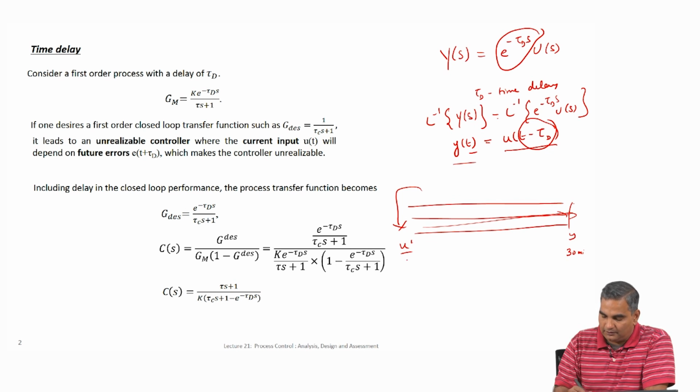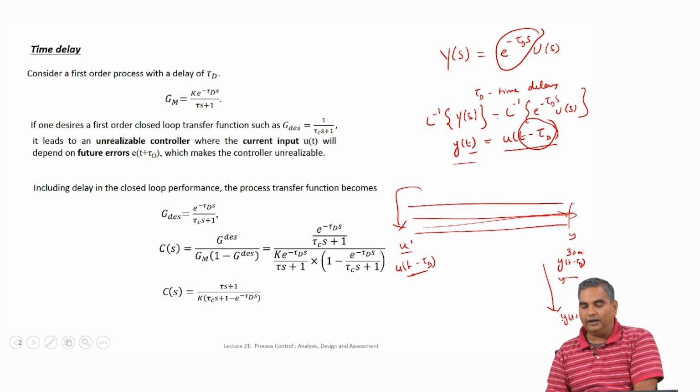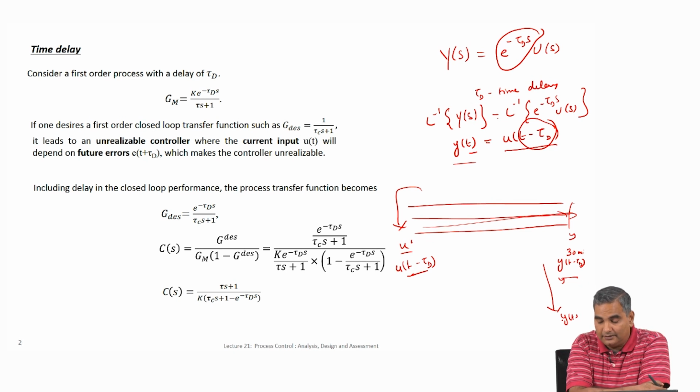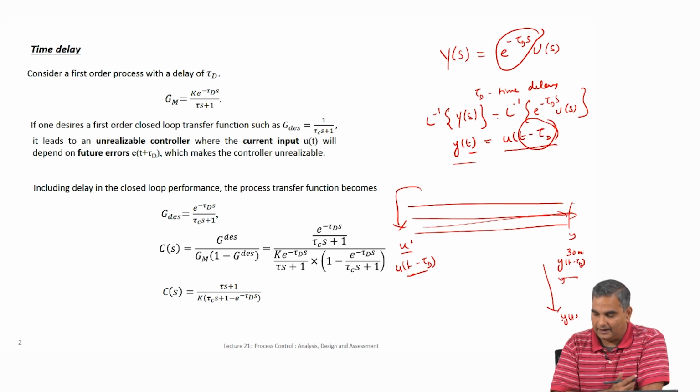If you want to think about it this way, if I make a change at u of t minus tau d and then I look at y of t minus tau d, I would not have seen it. I made a change here, but that is not reflected here. Let us say the next y also will not reflect it. It will reflect at y of t. So, this amount of time has to lapse or be delayed before I see the effect of this here. This is a very important point, and it happens in all kinds of real situations, particularly flow systems. Whenever you take an action, it takes some amount of time before you see the effect, and this is typically called transport lag or transport delay.